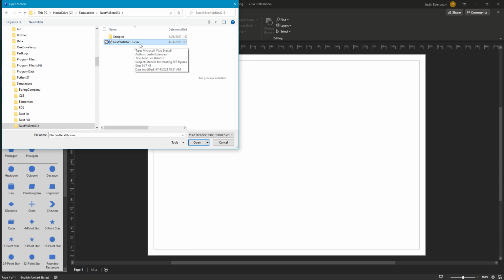This video explains how to use the Visio templates in Next-Vis. The information I'm presenting is summarized in the sample file that is provided with Next-Vis, and you can see that at the top of my screen,